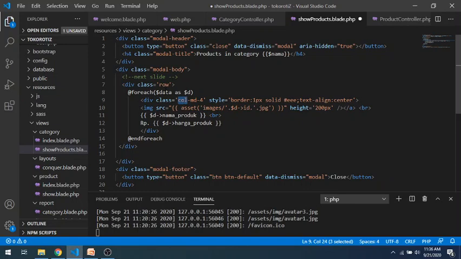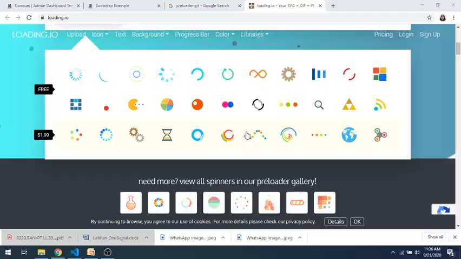Okay, this data is products, so it will be looping. We can get the product, nama produk, harga produk, and the image. Save it, and we will try it.